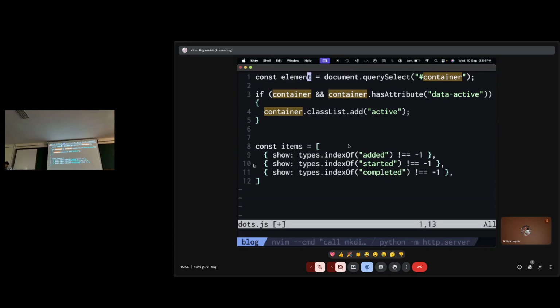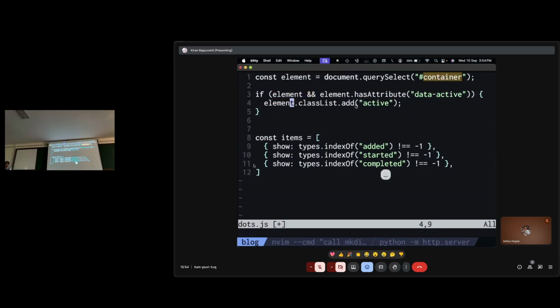Okay, now I know that this container here is an ID. So I can just press N and say, I don't really need this. I don't have to actually change this to element. It changes the meaning of what the querySelector does. Alright? So after the cursor, all of these matches are saying yes, I do want to change these values. So I press dot. And I've changed all the instances of container to element.